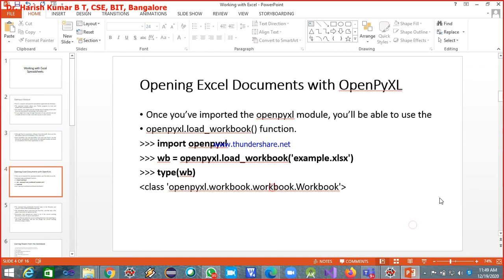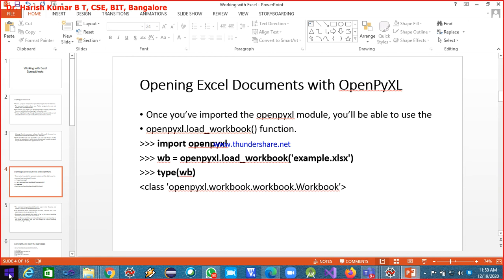Now, how do we open the Excel document with the openpyxl module? Okay. So first thing is you got to make sure whether this module is available in your Python. If this module is not available in your Python, as I mentioned to you people earlier in my previous class, you need to just go to the Anaconda prompt, and then run the pip command. pip install openpyxl. It will automatically search this module from the internet and it gets installed to your system.